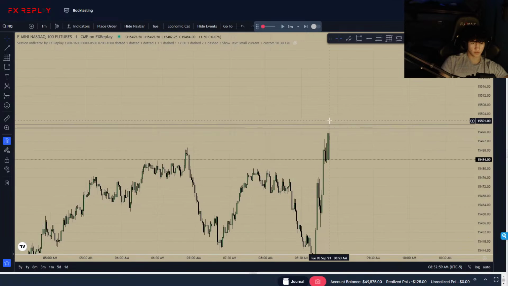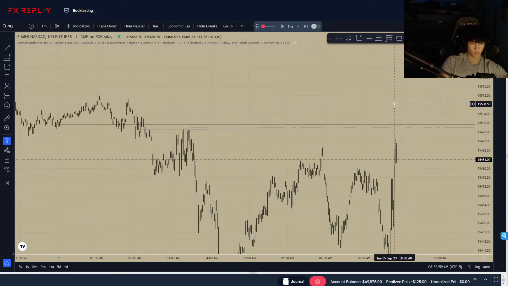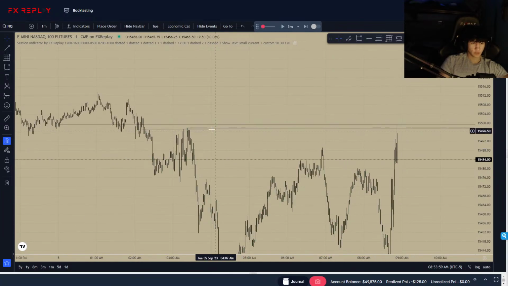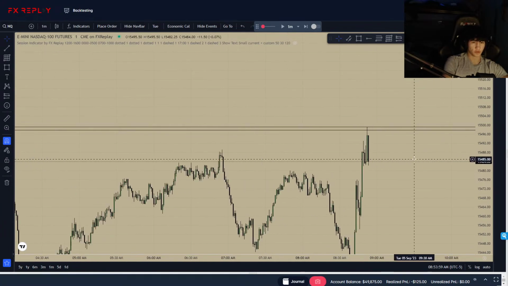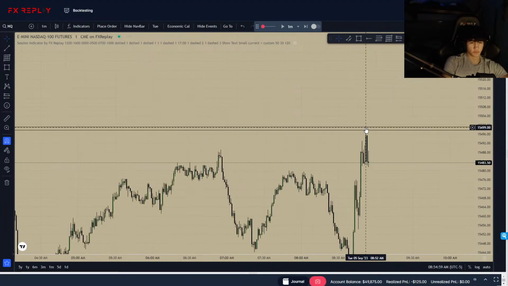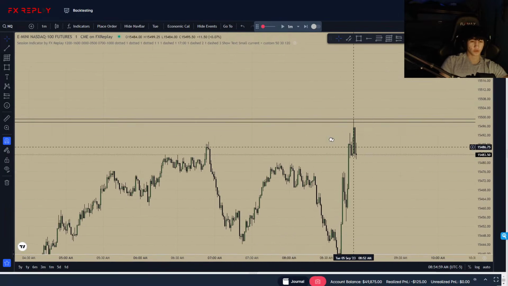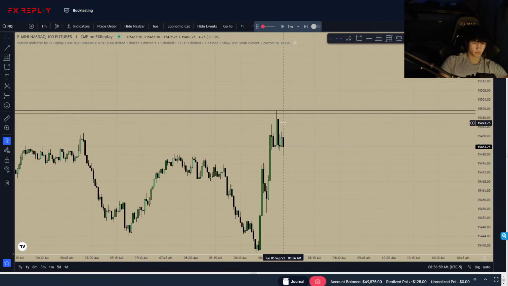And where's our midnight? Okay, we tapped it. We tagged midnight open. We rejected off of it perfectly. We also swept out this high. Now we're getting some movement lower. I'll just watch the 5 minutes still. We could still get some dumps lower. We could look for an inversion play, but I really want to see more structure form before I look for a trade.